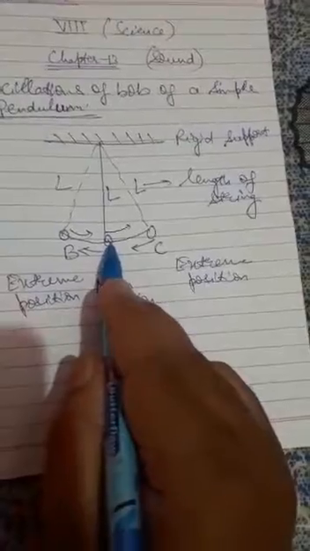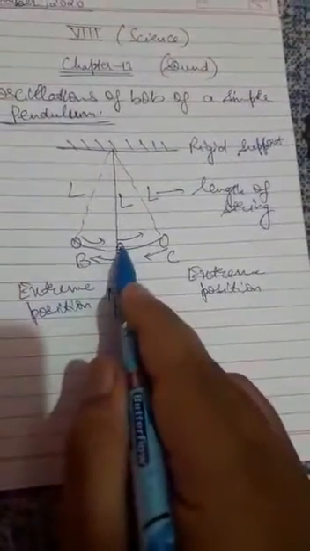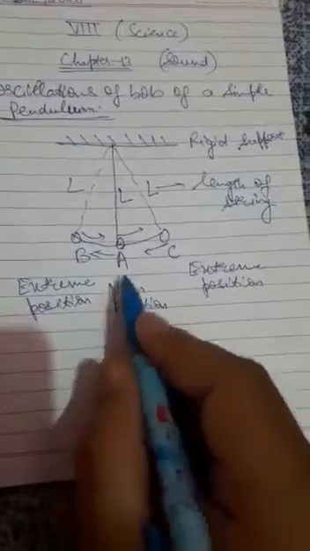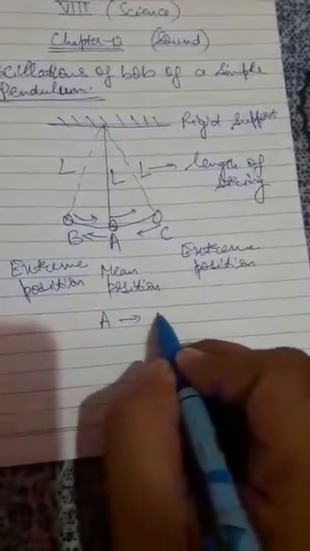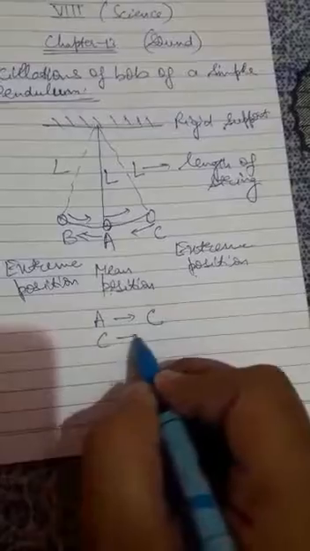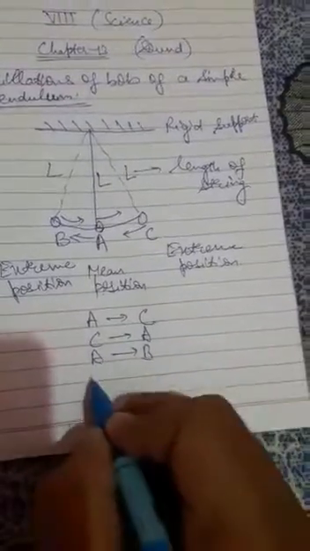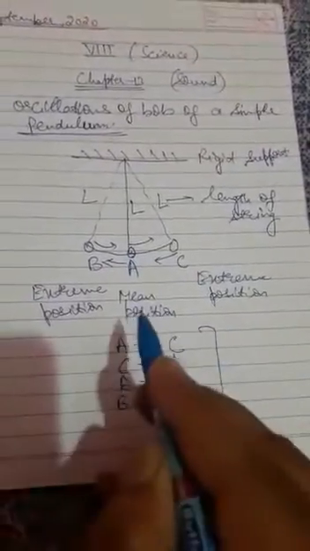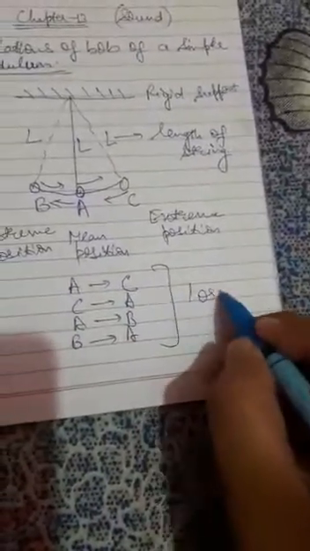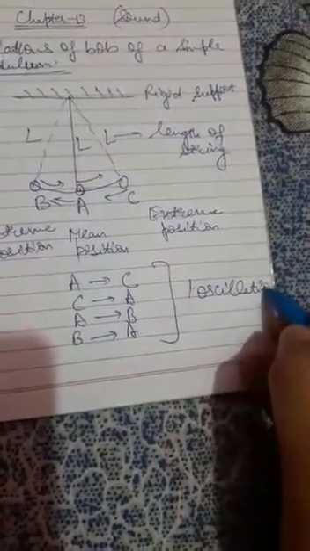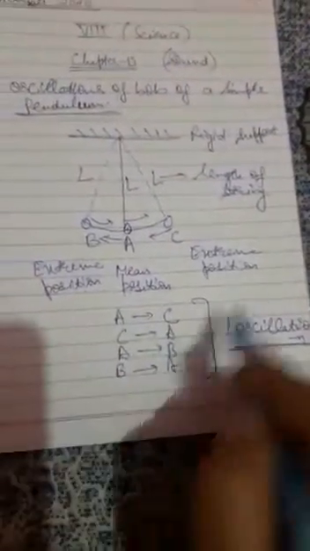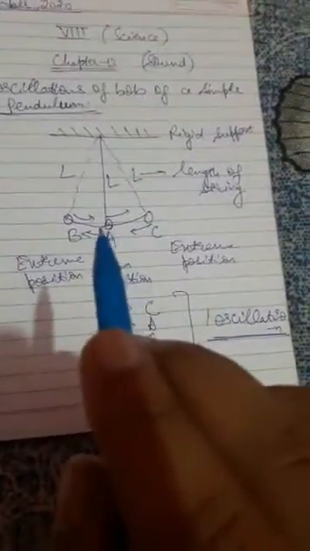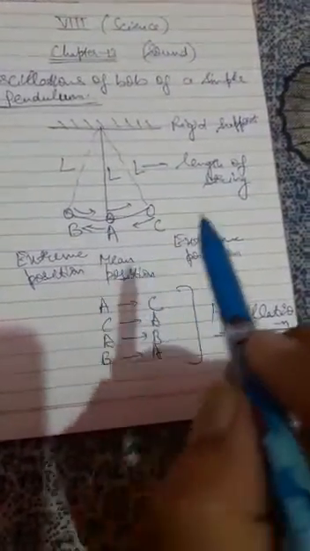As I cause a vibration in the bob of the pendulum at position A, that is the mean position, it goes from A to C, comes back from C to A, goes from A to B, then comes back from B to A. So these four paths, that is A to C, C to A, A to B, B to A, this to and fro motion is known as one complete oscillation. Clear, what is one oscillation? This is termed as one oscillation, and this is the topic, that is vibration and oscillation.